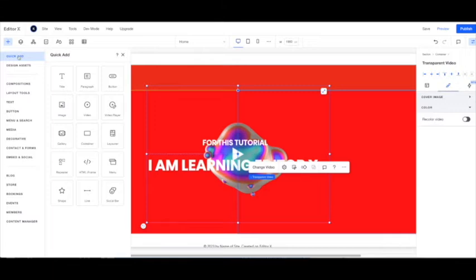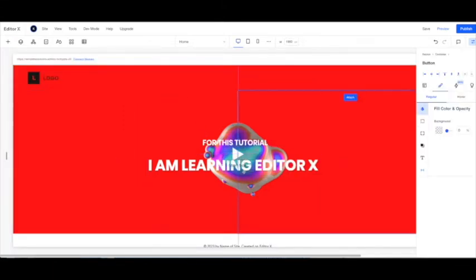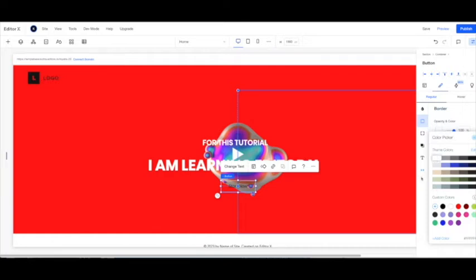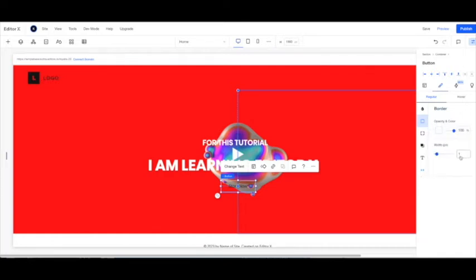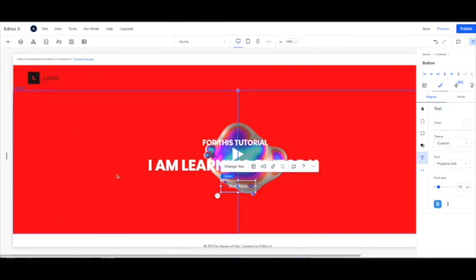Okay, now what we're going to do is quick add and a button. Drag that down there. Select border white, so that's where the border is. Okay, and you can increase the thickness of it. We just keep it at 1. Okay, now that's where you edit the color of the text, right? And then